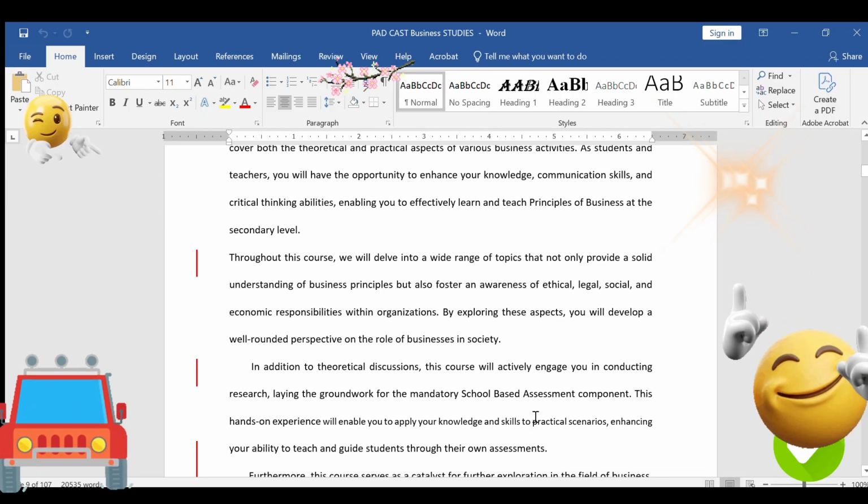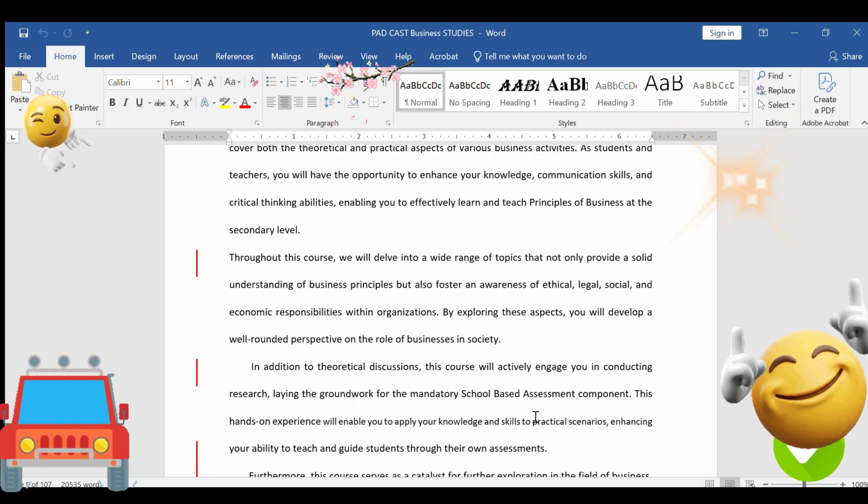Throughout this course, we will dive deep into a range of topics that not only provide a solid understanding of business principles, but also foster